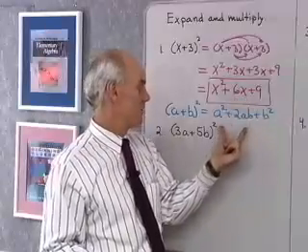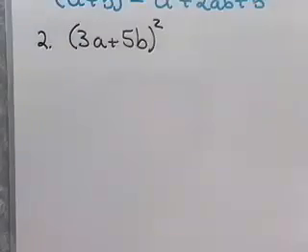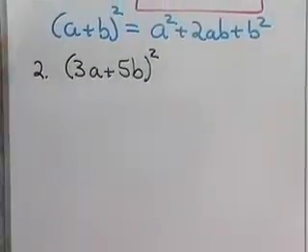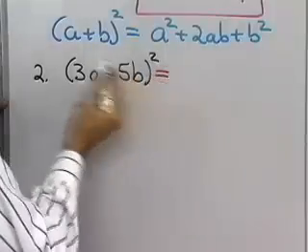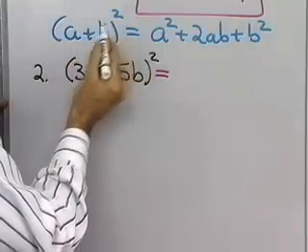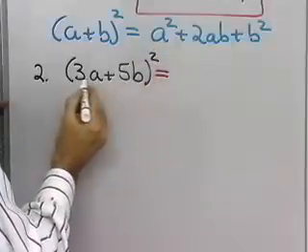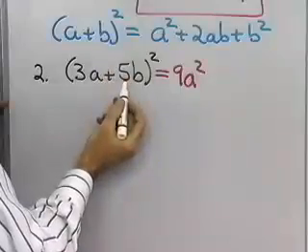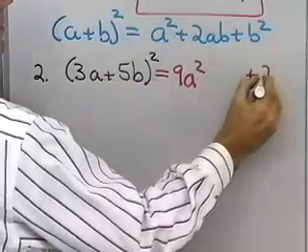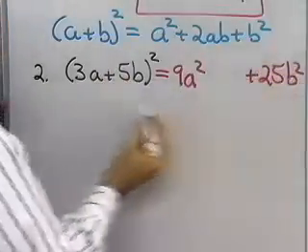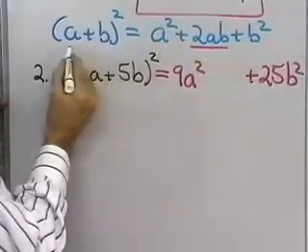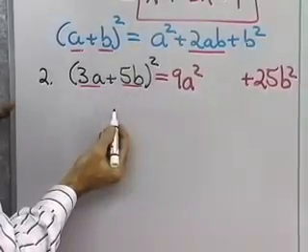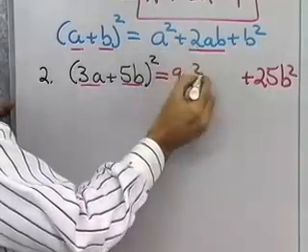Let's see if we can apply this formula to this expression right here. So let's move the camera up just a little bit, get this formula back in right here. There we go. So what the formula says is a plus b quantity squared is the square of a, so I'll square this, 9a squared. The square of b, that is the second term, so I'll square this, 25b squared. And then the middle term right here is twice the product of these two terms. So 3a times 5b is 15ab, doubled is